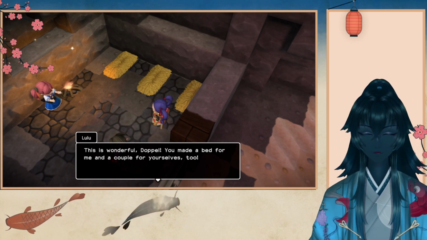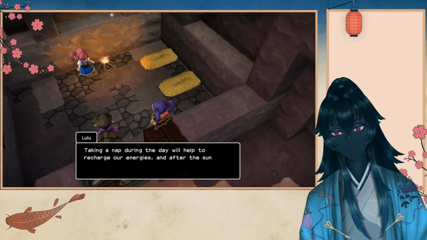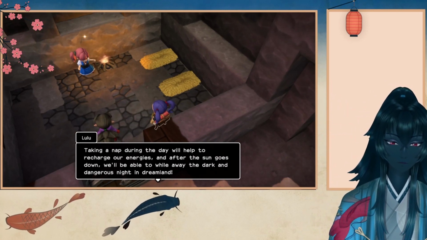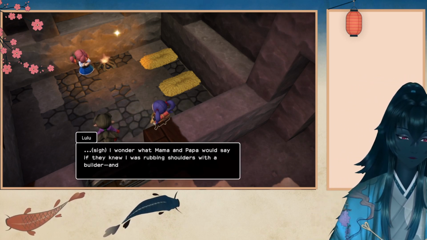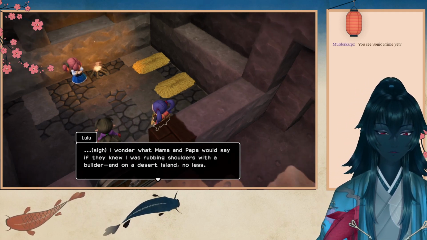This is wonderful, Doppel. You made a bed for me and a couple for yourselves, too. Of course we did. A nap during the day will help recharge our energy. After the sun goes down, we'll be able to while away the dark and dangerous night in the dreamland. I wonder what Mama and Papa would say if they knew I was rubbing shoulders with a builder on a